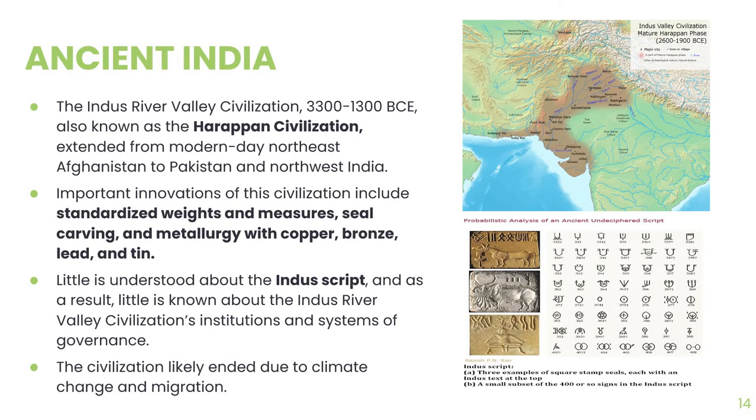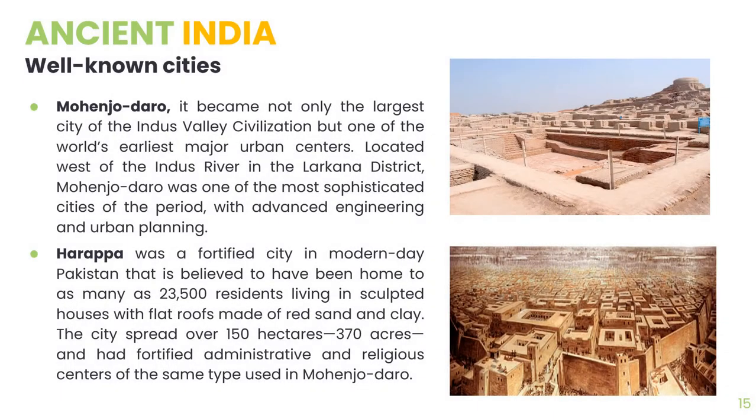Now, the Indus cities are also noted for their urban planning, a technical and political process concerned with the use of land and design of the urban environment, which you will see later on. They are also noted for their baked brick houses, elaborate drainage systems, water supply systems, and clusters of large non-residential buildings. Now, these are the well-known cities of ancient India, the Mohenjo-daro and the Harappa. Okay, so we have here the images.